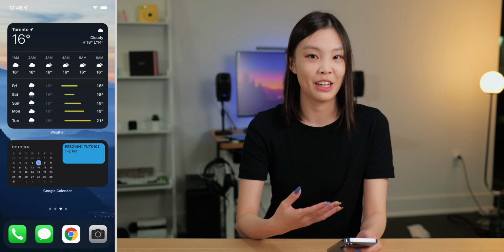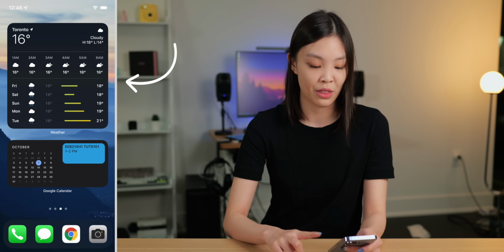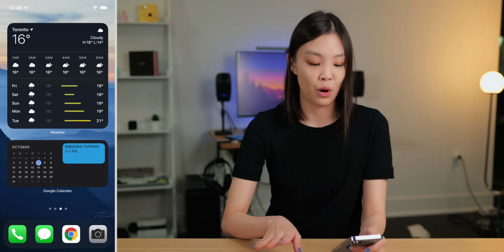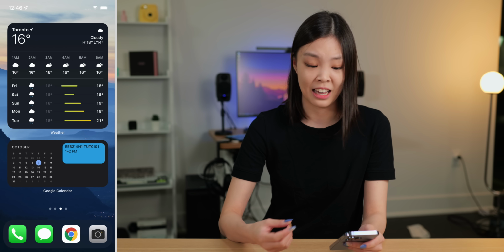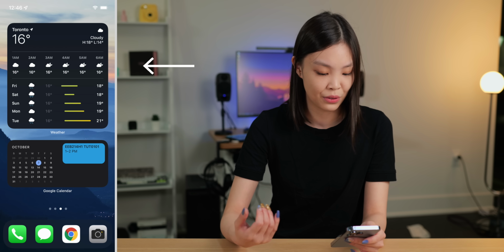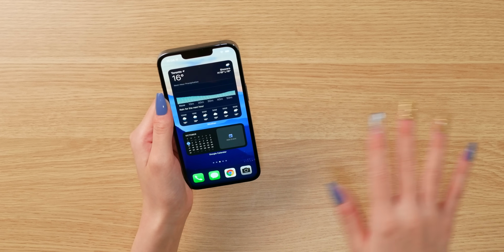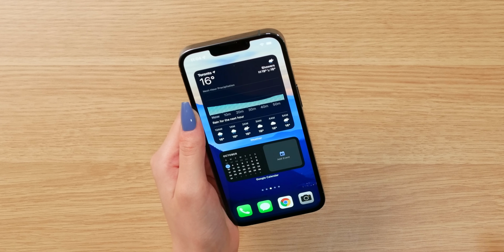Okay, and now for the third screen. So this is dominated by 2 widgets. The first one that I have here is a large weather widget. This one is just the default one that's made by Apple, and I actually really like it. It shows me detailed information for the next few hours. Oh, and actually I see it's showing me information for the next few minutes because it's going to rain